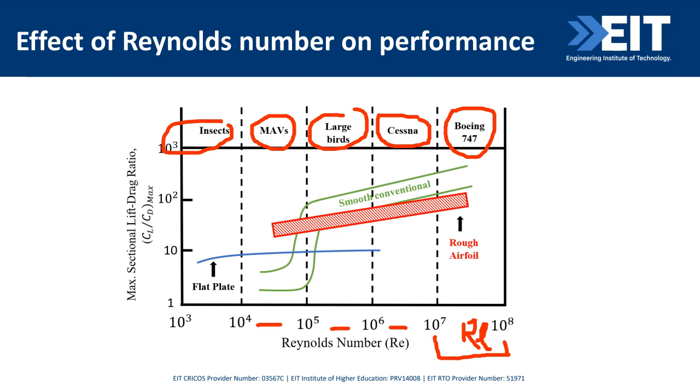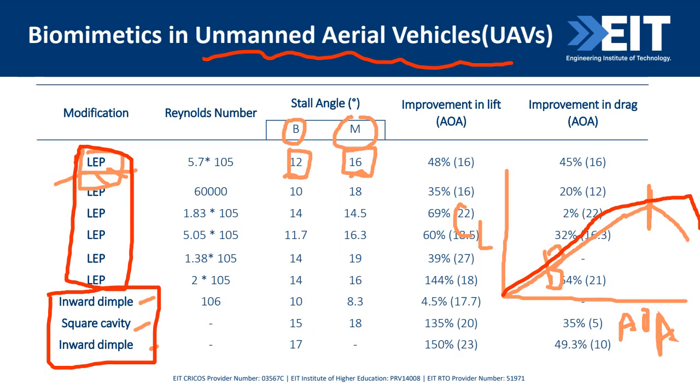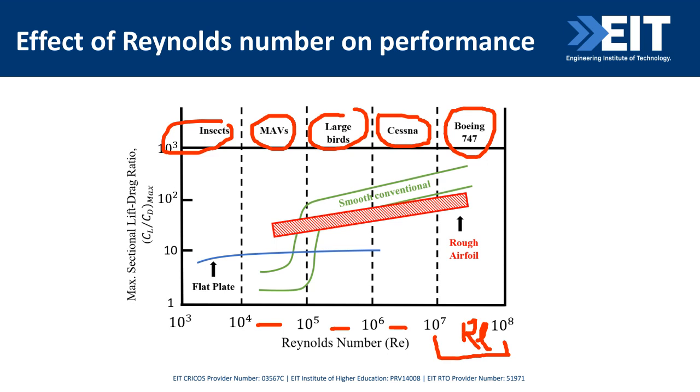But what is the issue? That smooth conventional blue curve signifies the NACA aerofoil, the conventional baseline aerofoil that I just mentioned, the first line. In the case of the NACA aerofoil, when the Reynolds number is high, it provides better results. But when the Reynolds number decreases, you can see a sharp decrement in the result here. At the range of 10 to the power 4 to 10 to the power 5, at which MAVs run, the